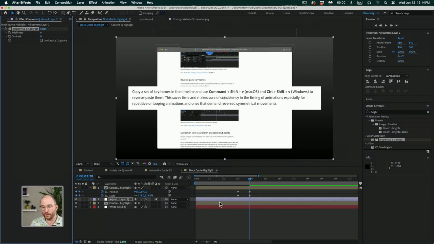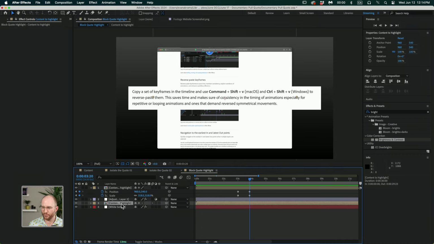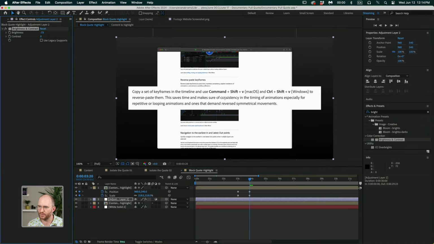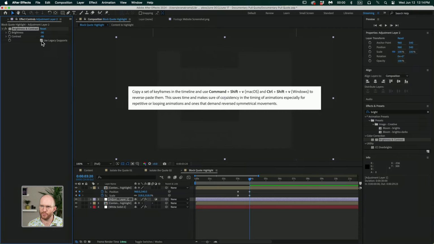And I like to use the adjustment layer because this is going to adjust everything under it. That means whatever this background is, whatever this layer is, we could be applying the effects just to that original content layer. But personally, I like to darken everything or do whatever we're doing to everything. All right, you'll see what I mean in a minute. So the brightness, I'm going to just crank the brightness down, and the contrast, I'm going to crank that down as well. So everything under here is getting less bright, less contrasty. And you might want to say use legacy